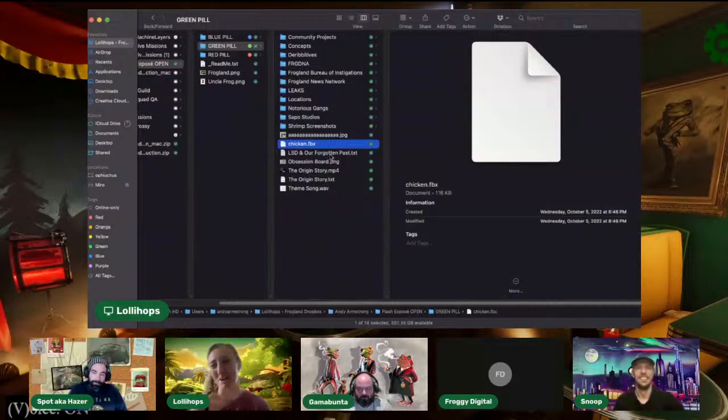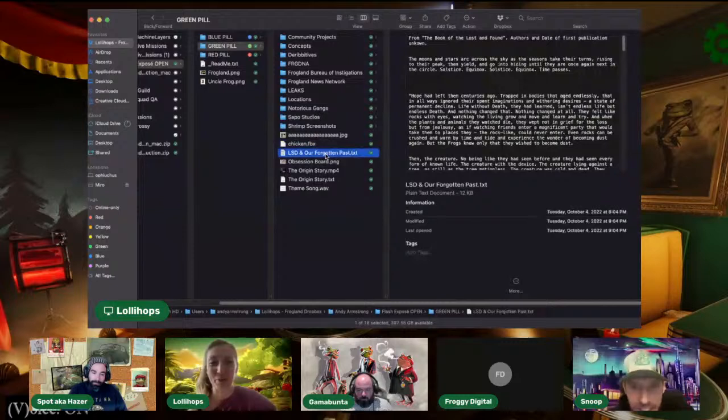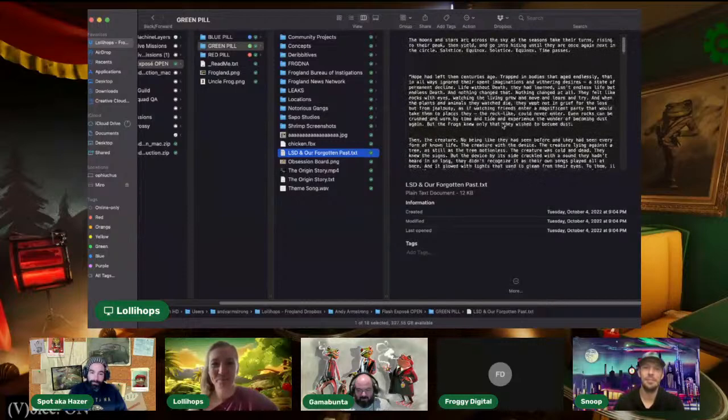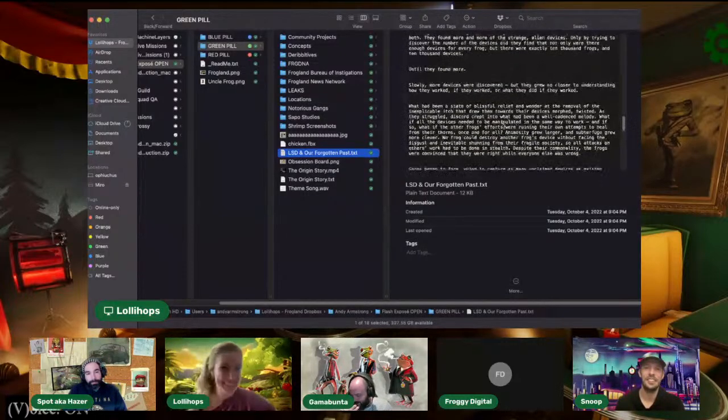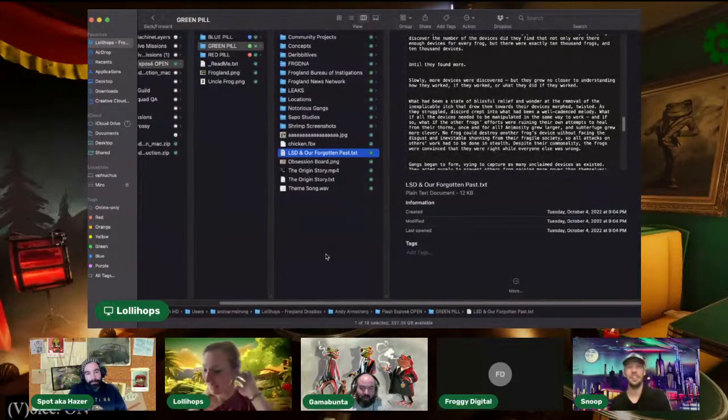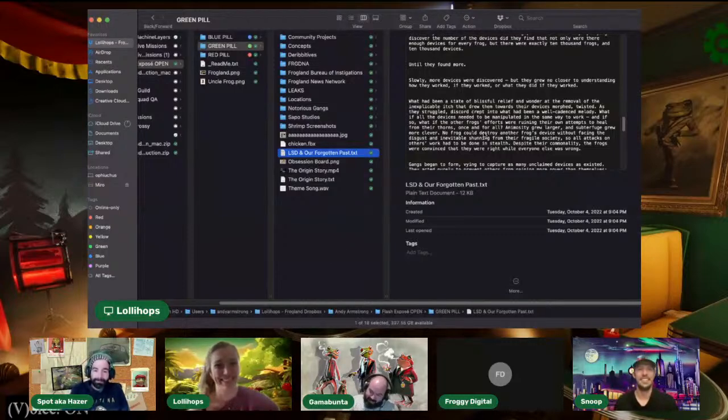There is a file on here that I can't open or show that Shrimp chose to put on here, and I think that's going to have to be something that you guys try to open up on your own computers, should you have the software to do so. The LSD in our forgotten past. Yeah, exactly. The LSD. For anyone looking. That's where the virus is. Exactly. The virus. Damn it.